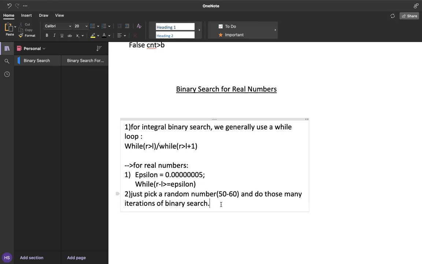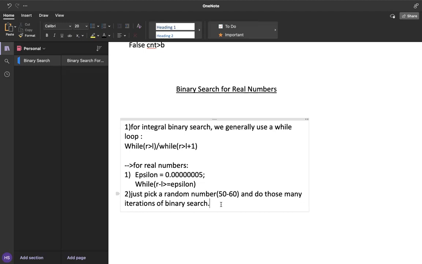And that is true because in each iteration of the binary search, your search range is getting halved, right? So if at the end of the binary search you have a search range of 1, then that means you had a search range of size 2 to the power 60 to begin with.